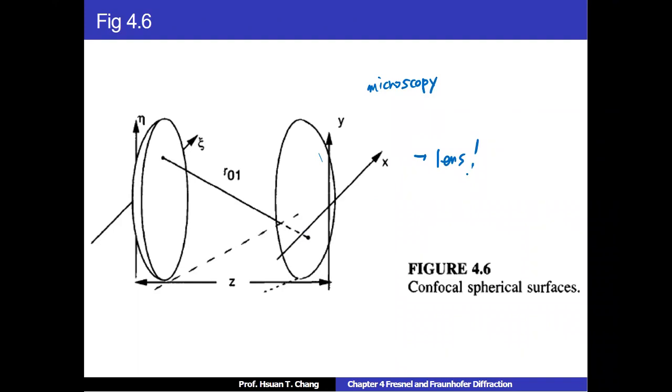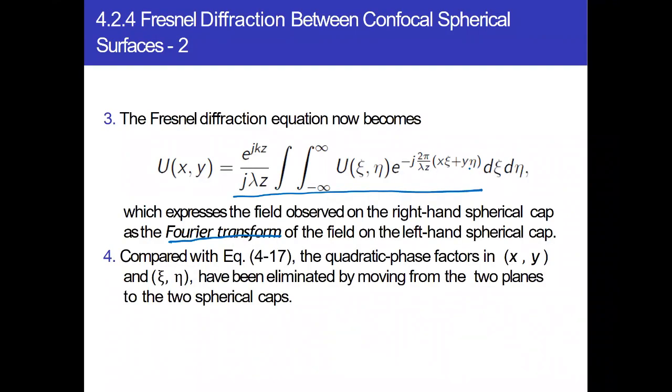By proper lenses, we can change the scalar Fresnel diffraction into a Fourier transformation. In other words, with the proper lens, we can change the Fresnel diffraction into Fraunhofer diffraction. We will see later on, but anyhow, it is important to note that Fresnel